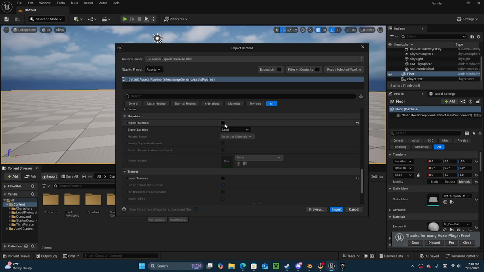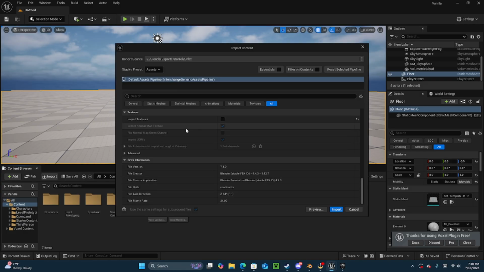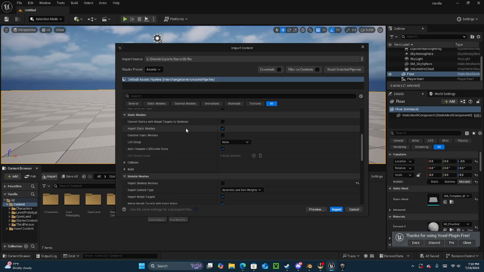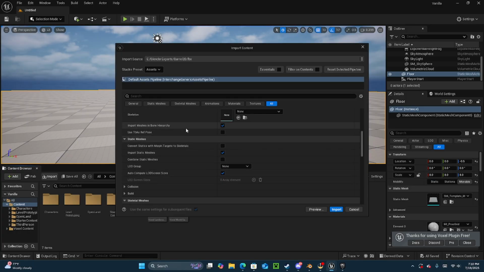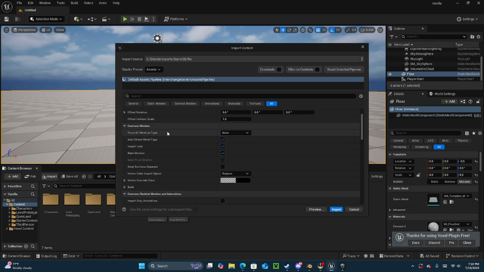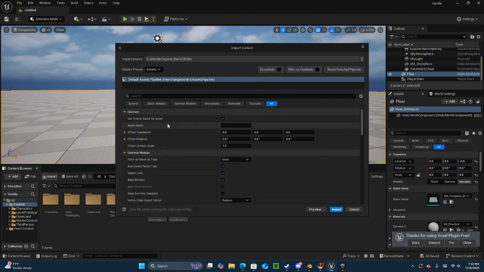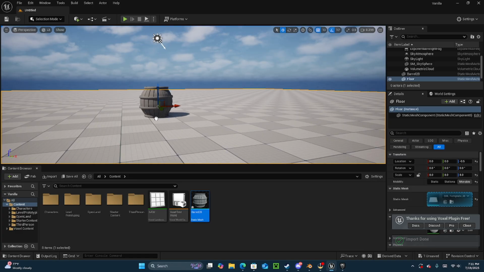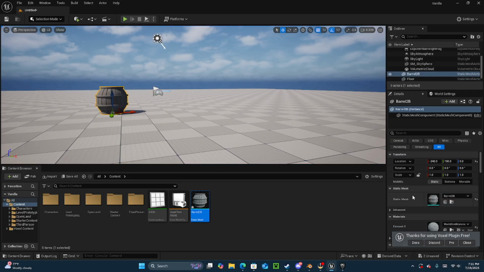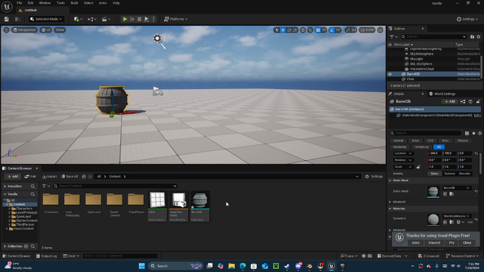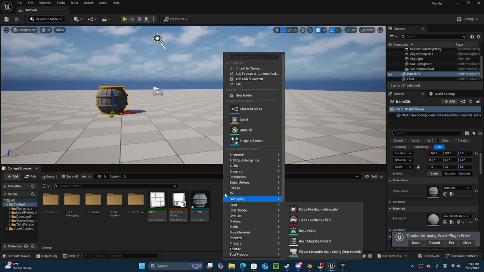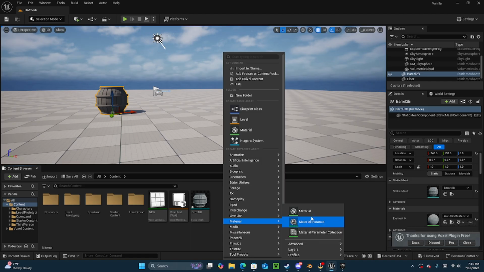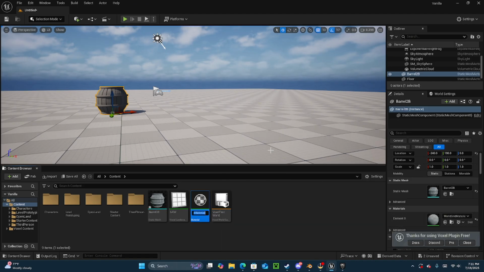Maybe we want materials, I'm sorry. We don't want textures. Import static meshes. Use name for asset. Import. And we drag this into our scene. And then over here, we will right click, create material, name the material barrel 2B